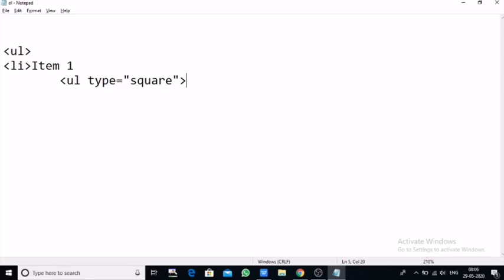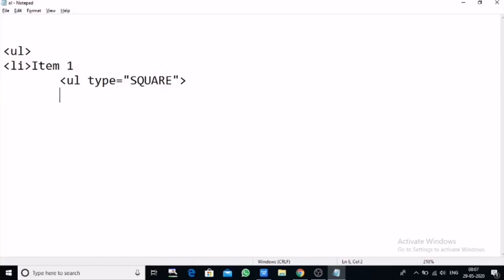HTML is not case sensitive, but here you need to be careful when writing the value of the type attribute, whether it is in small case or not. Suppose I am writing it in capital letters, let's see whether it gives a result or not. Square, right? As HTML is not a case sensitive language, it should take this as code. But let's see what it gives.